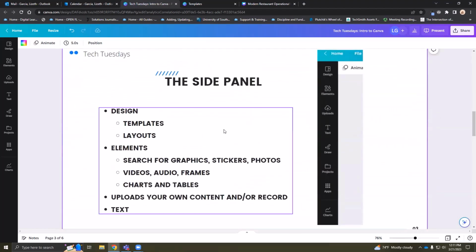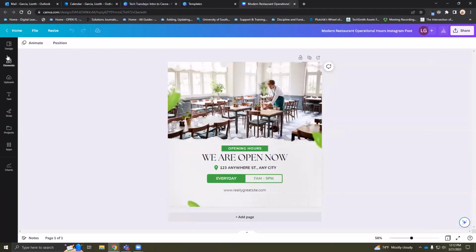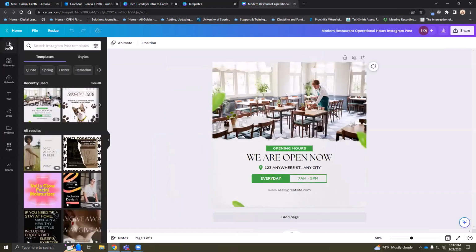We want to see how we can manipulate the templates or choose our own layouts, and then how this elements option lets you search for graphics, stickers, photos, videos, audio, frames, charts, tables, how you can upload your own content and then enter text. All right, so to begin, we've already selected this template, but if we changed our mind,